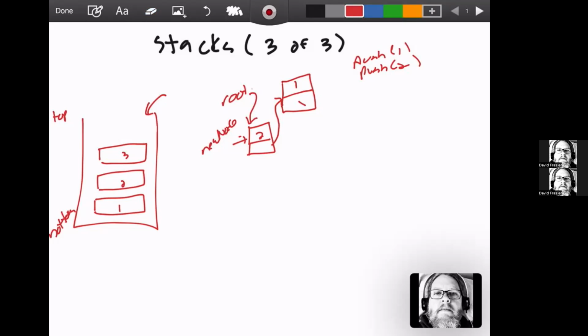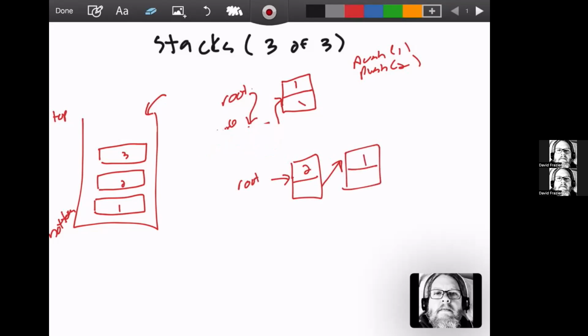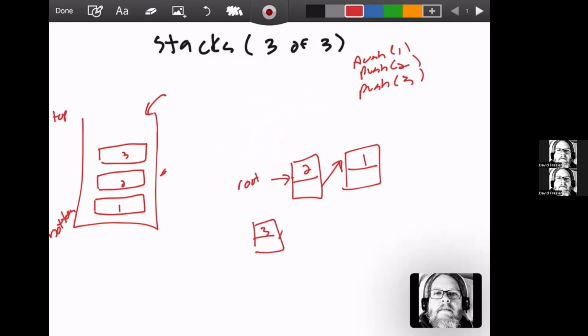So after that push, in essence, you would have root pointing to 2, which points to 1. Basic enough. If you wanted to add a push 3 to make it look like the one over here, a new node with a 3 would point to there, the root would reroute to there, and we have, in essence,